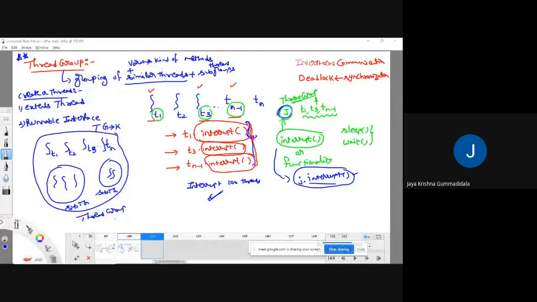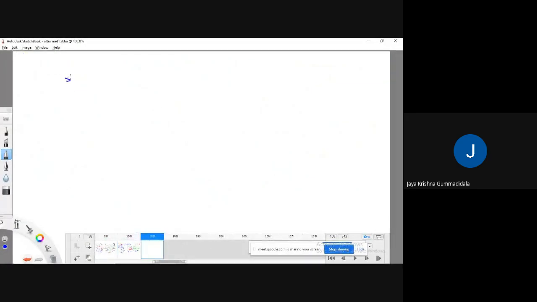We observe. The run method is in which section? Critical section. How many threads have I created? T1, T2, T3, T4, and T5. 5 threads I have created, and these are trying to compete with each other, and they are going to execute the code. See, all these are trying to compete, right? All are going to compete. This condition we call a race condition.